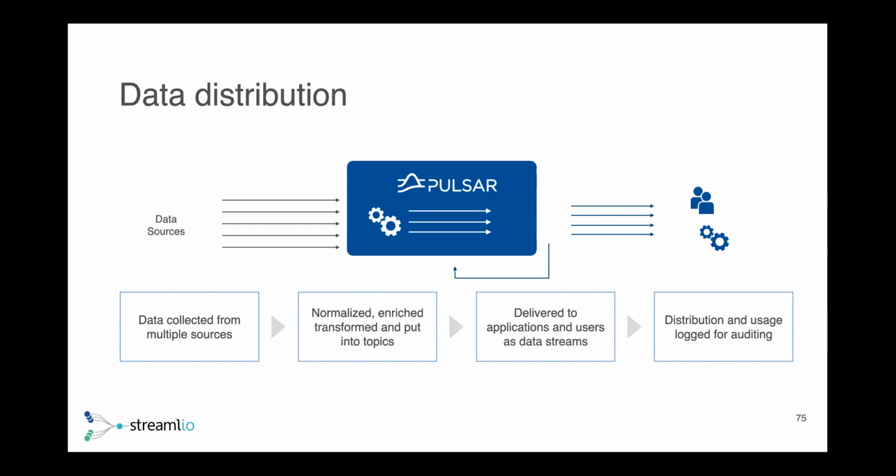The data is collected, you normalize it, do enrichment and transformation, you put it into topics, and then it's offered as a data-as-a-service scenario. One scenario we looked at was an energy trading platform. Energy producers will publish their resources for sale, and they'll do the analytics. So what's the market in real time? What's the price for this particular information?